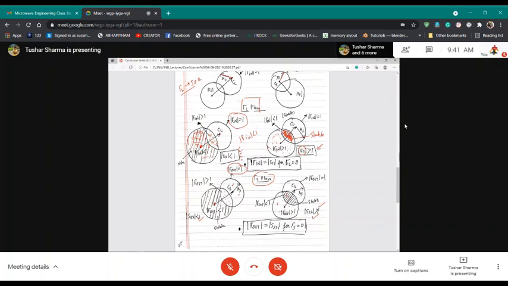Sir, in which region are we having the oscillations? So unstable is always oscillation, right? If it is stable, you will never see oscillations. So for the unstable region, for example, if you pick anything in this area, you will always get oscillation.